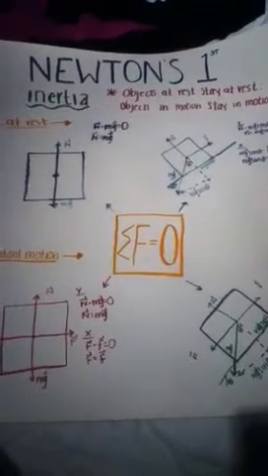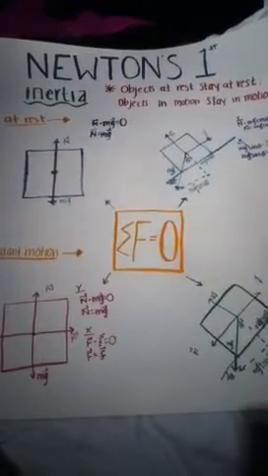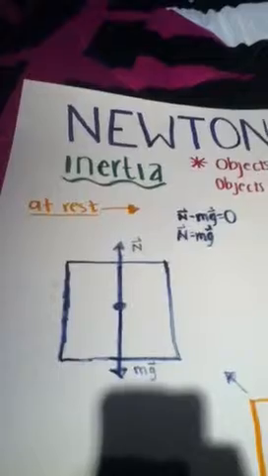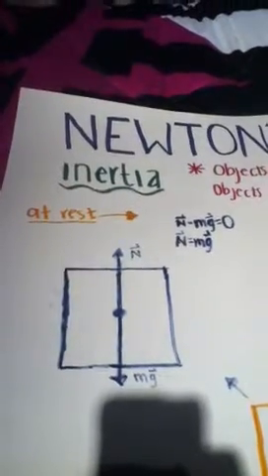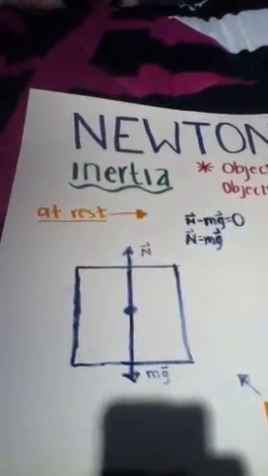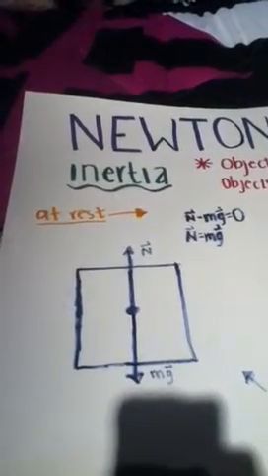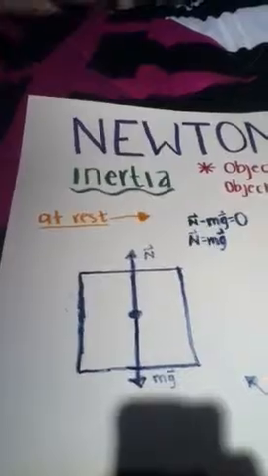In every situation, the net force is always going to be equal to 0. Let's take a look at some of the situations. In the first situation, there's an object on a level surface. There are two forces, the normal and the weight. They both have the same magnitude, so the normal minus the weight equals 0, or the normal is equal to